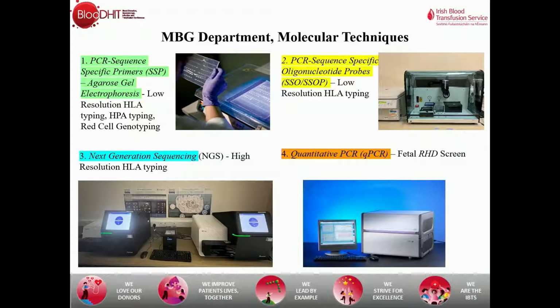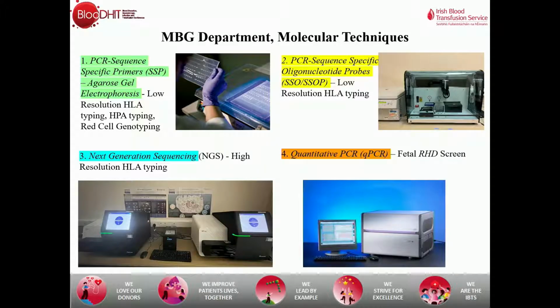We had an intervening period where we used Sanger sequencing, and we've skipped through on to the next generation sequencing, so massively parallel sequencing for next generation. So huge amount of data comes off the next generation sequencing. We now look at 11 HLA genes at the same time. We can run 24, 48, 96 different individuals and type them for those 11 HLA loci all at the same time. As you can imagine, it takes a number of days to set up the